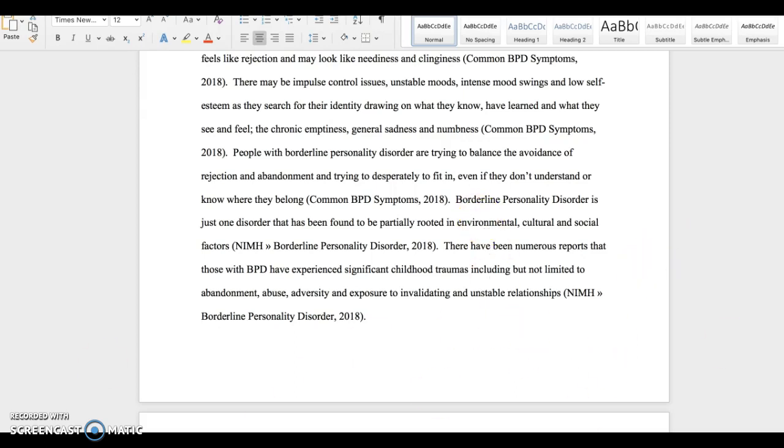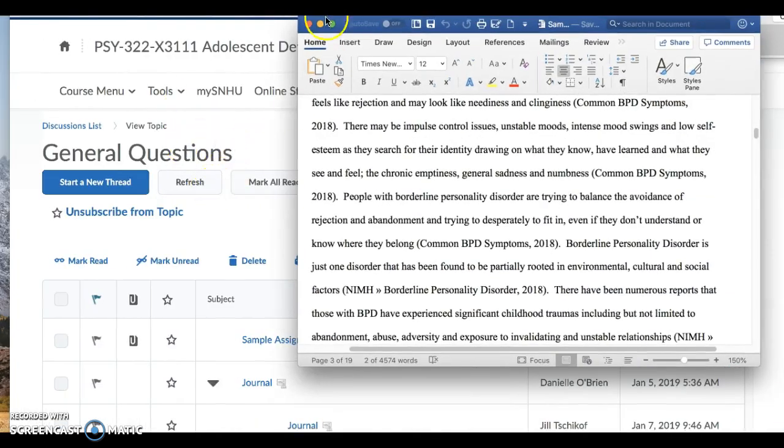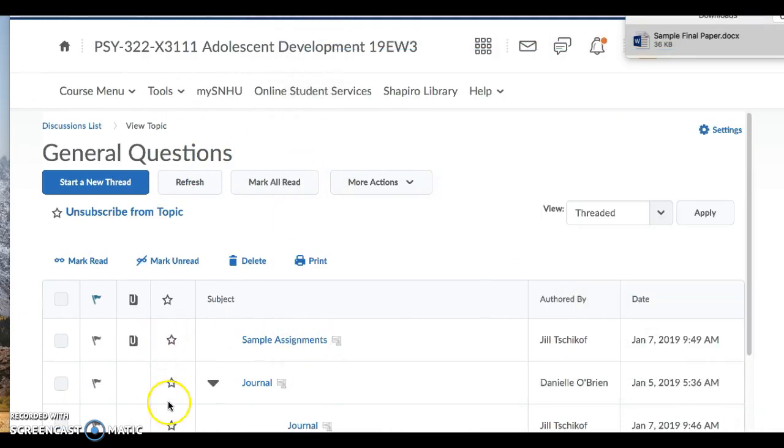So like I said, if you have any questions about that, we can talk over the phone. You can send me an email, whatever would be best. And that pretty much sums up the final paper. Like I said, there's an example right there on the general questions board. You can look at the rubrics in your course room,